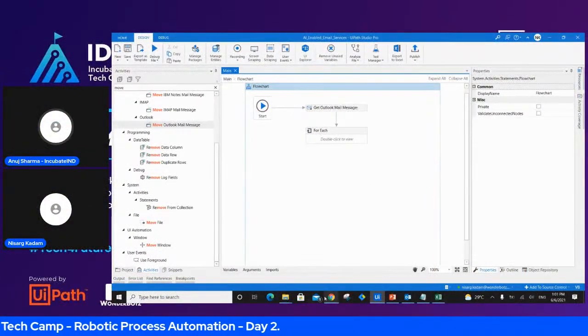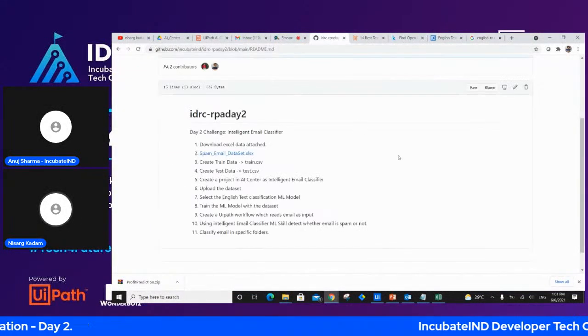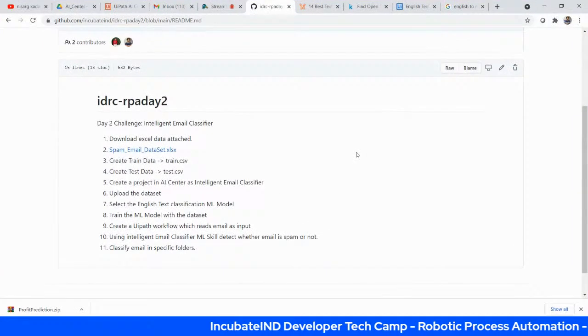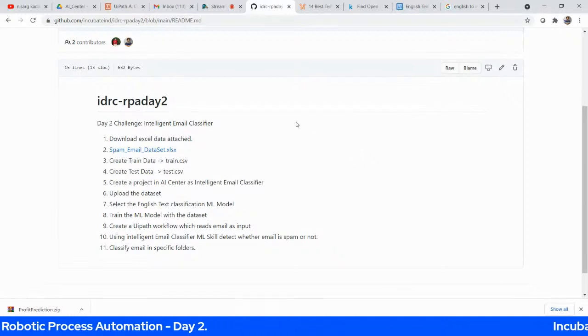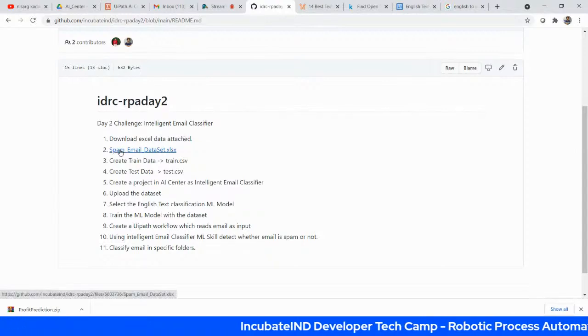Yes, I guess we should move on to our challenge. Perfect. So, the challenge of day two is really interesting. As we have already seen yesterday, there was a huge response to the day one challenge. We are expecting the same response on the day two challenge, and this time it is going to be a little bit tricky. The day two challenge is you have to download the Excel data,